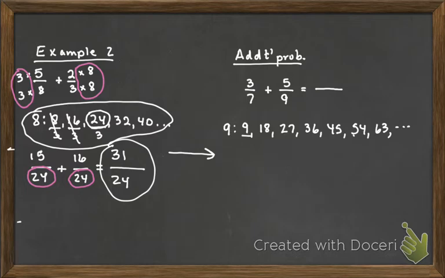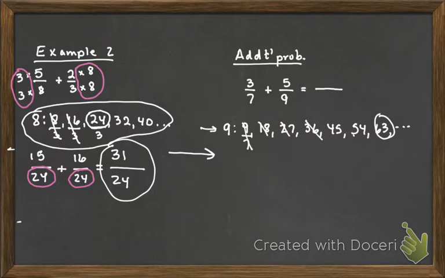Well, we know that 9 doesn't go into 7 evenly, or 18 or 27, any of them. The common denominator is going to be 63. So this problem illustrates how to use the multiples method, and multiplying 9 times 7 together to